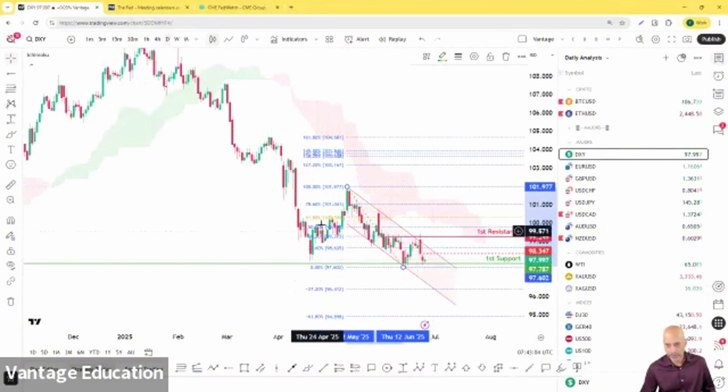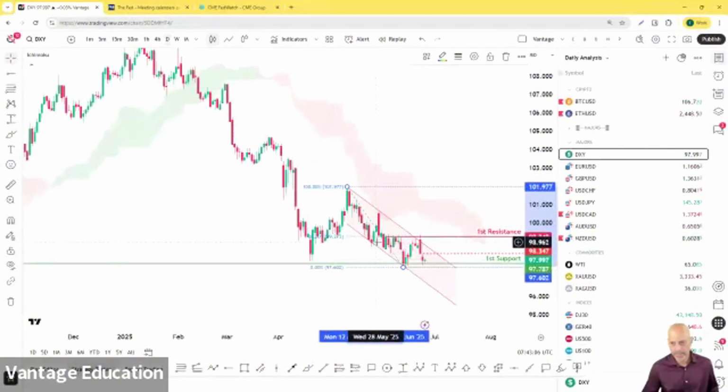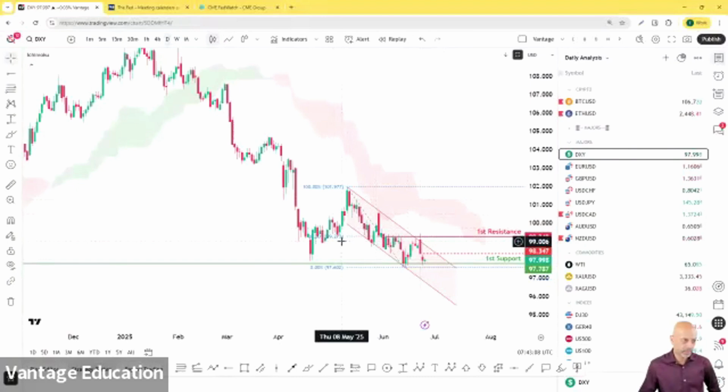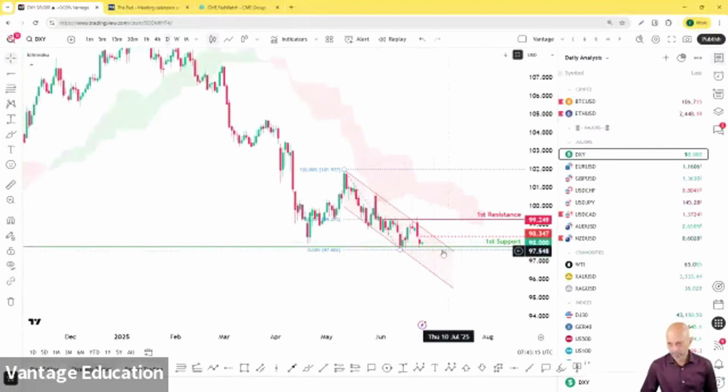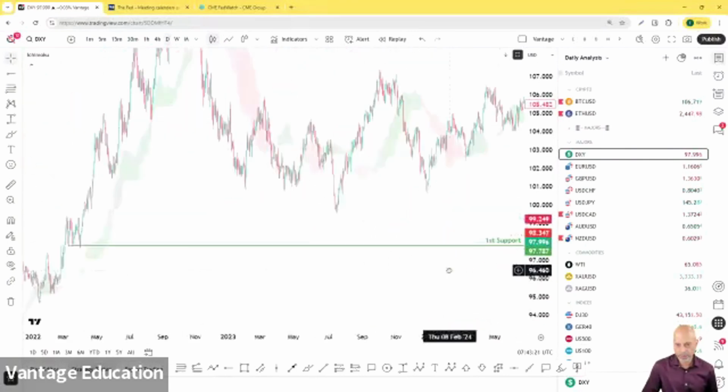Remember the Fibonacci retracement. Don't force the Fibonacci retracements onto the analysis unless it sits close enough or aligns very well with a predefined resistance or support level. Now, beyond this first major support at 97.78, how could we possibly identify the next potential support area? We're going to have to go back